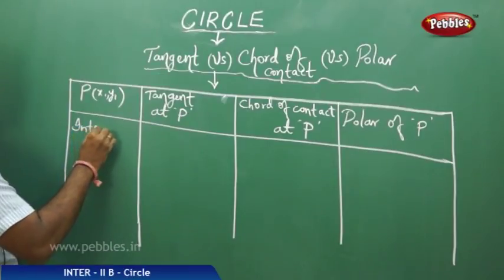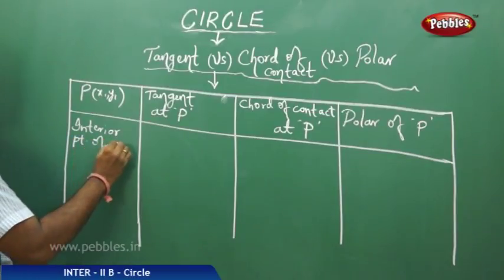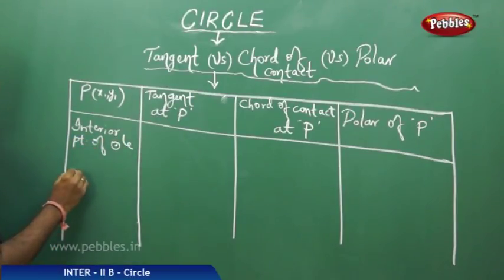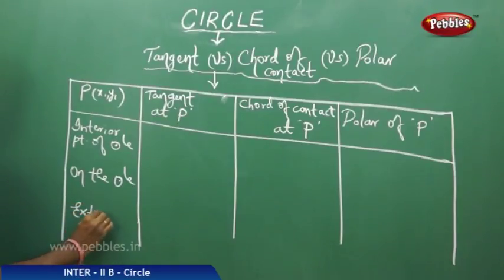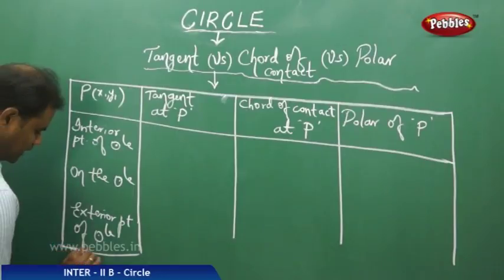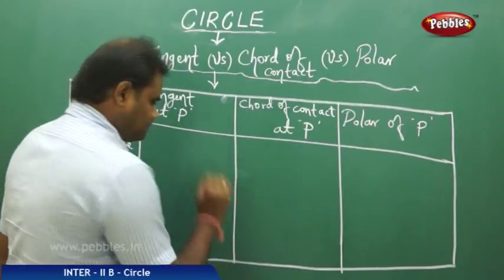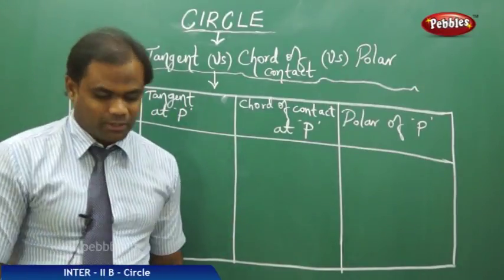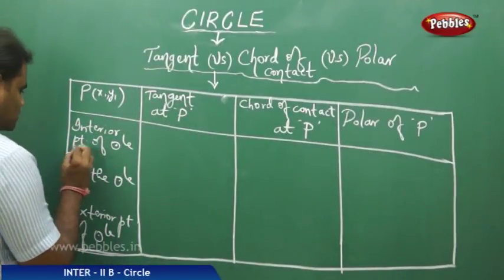If P is interior point of circle, and next is on the circle, and next is exterior point of the circle. Is how we have the three cases through which we understand the tangent, the chord of contact and the polar of P. So coming to the case 1,